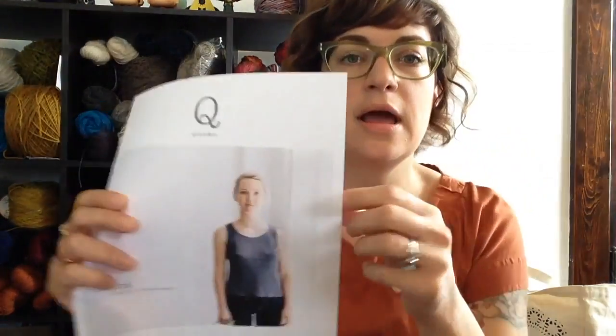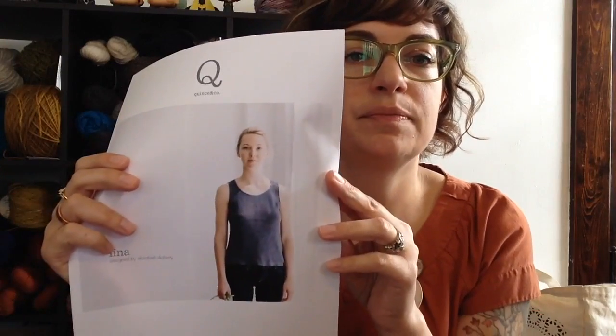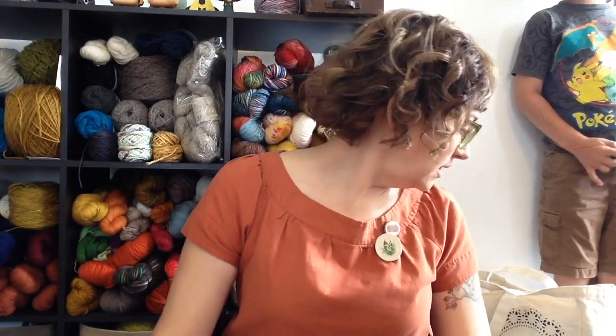And if I have enough of this yarn left after all the knitting, I kind of want to do, I don't even know if you can do this with linen or if it would work or not, but I kind of want to do like a little ruffle, just a little 1/2 inch ruffle around the arms. We'll see. So I think that's, well,